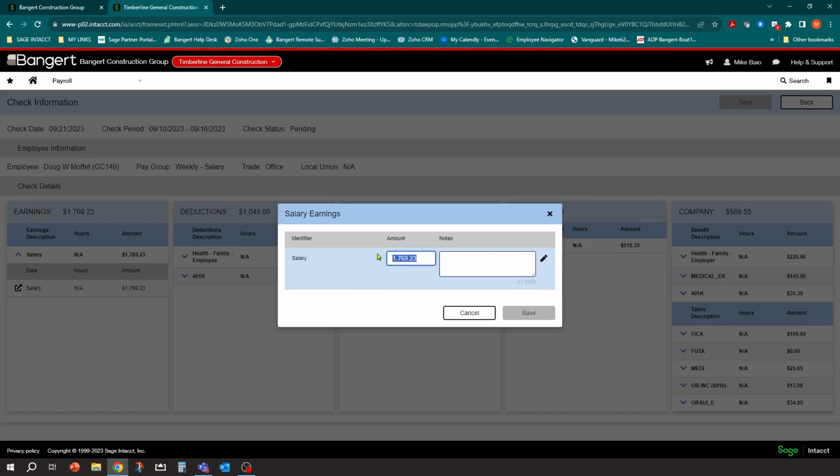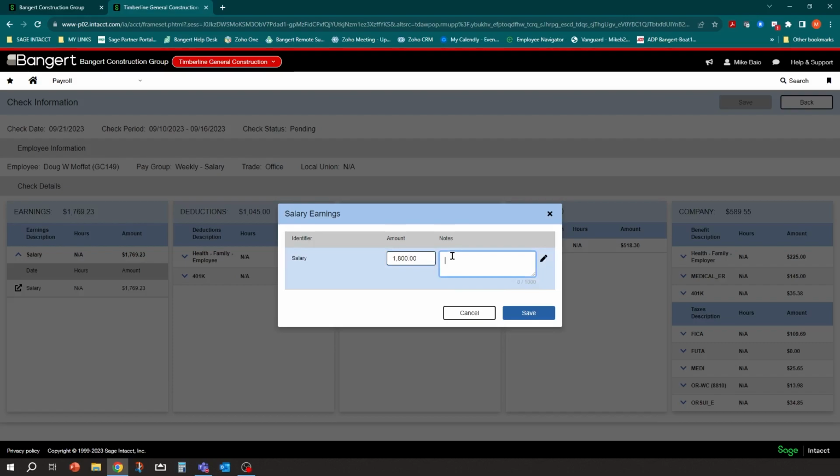So in this case, it's salary, so I just have the option to edit the salary. If it was hourly, you could change the hours, and then you can also override the rate. So this is a nice scenario where you know what it's supposed to be. You want to make it right. We'll go back and fix it in the employee record for next week going forward, or if this is a one-time thing, we're going to give them a salary of $1,800 for this week.